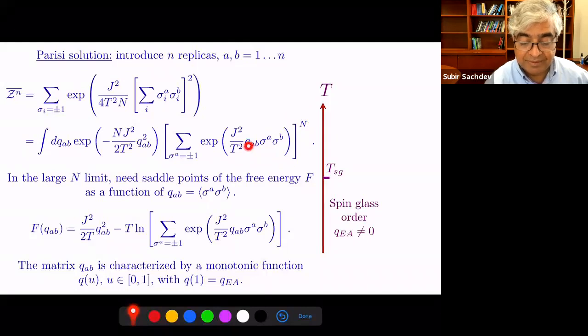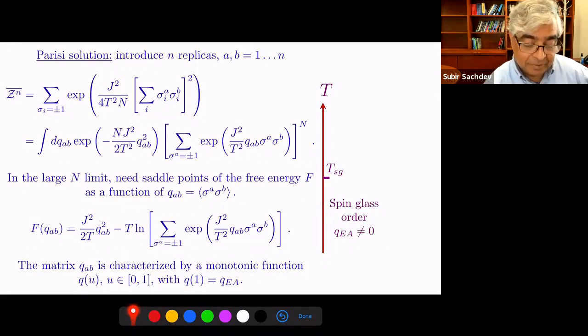For each Q_ab, sigma_a is plus or minus 1. So there are little n squared variables, which is going to go to 0, and that's, of course, the subtlety. But you can take the large N limit immediately and just look at the saddle point of the Q integral. All you have to do is look at saddle points of this free energy functional. It's a free energy functional of a little n by little n matrix, and this is the explicit functional. For n equals 2 or 3 or 4, you can write it out, just a sum over 2 to the n terms, where n is small in principle.